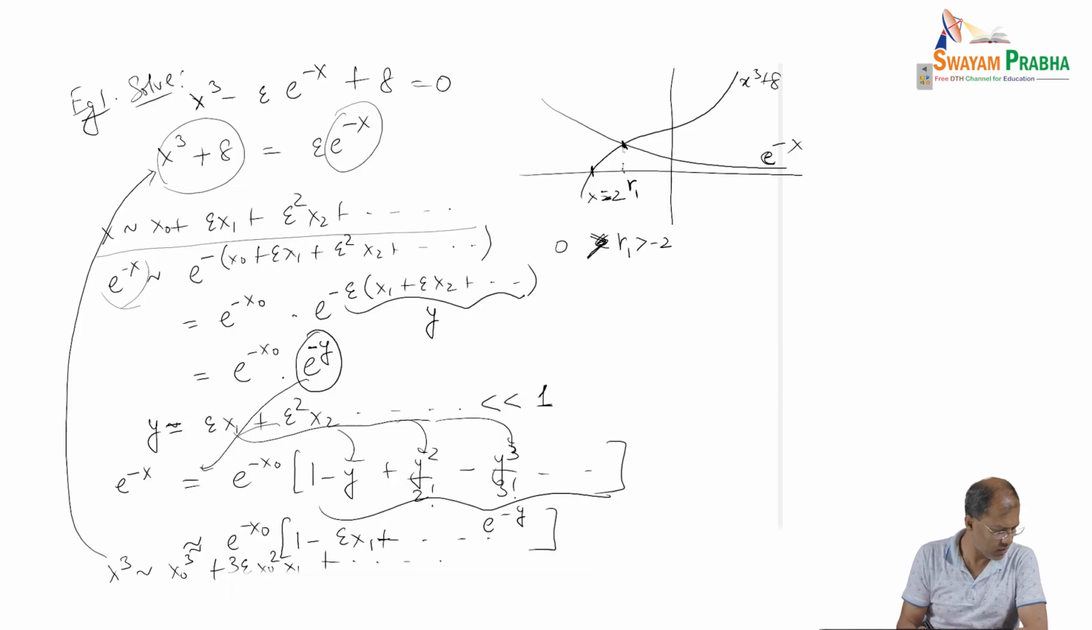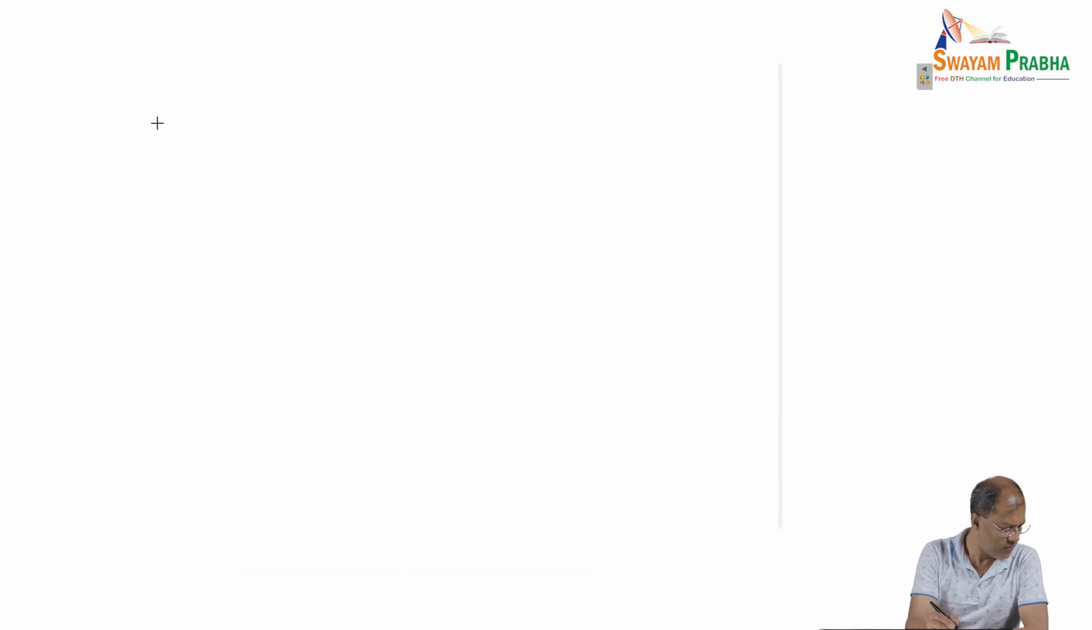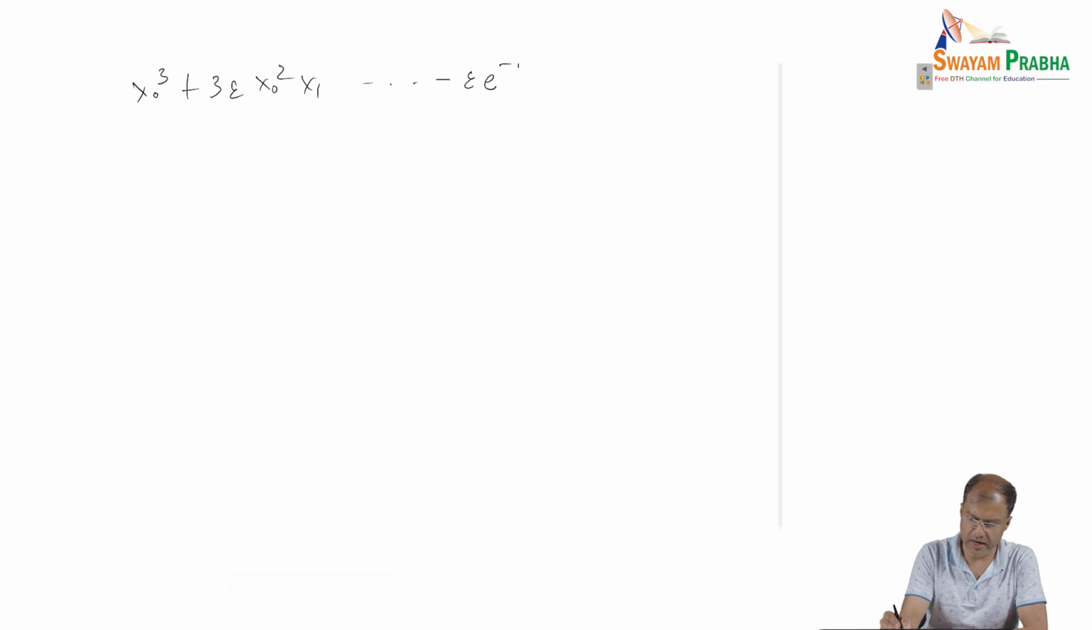So we see the following, that this is also equal to, well, what have we got here? Well, we need to plug everything in. For x cube we have this power series, and we have the power series of e to the power minus x and so on. Let us plug everything in and see what we get. Our net power series is of this form: x naught cube plus 3 epsilon x naught square x1 and minus epsilon e to the power minus x naught times 1 minus epsilon x1 plus and so on